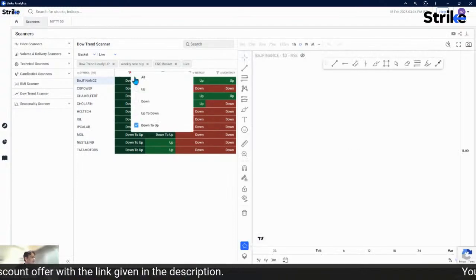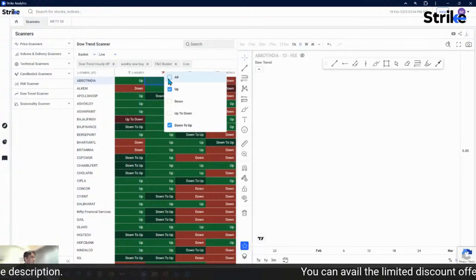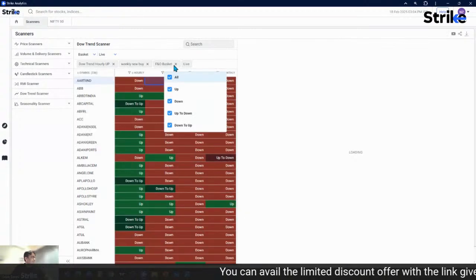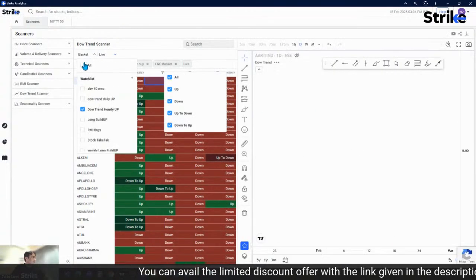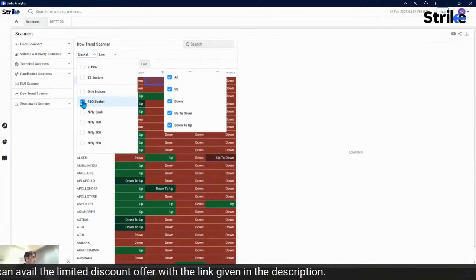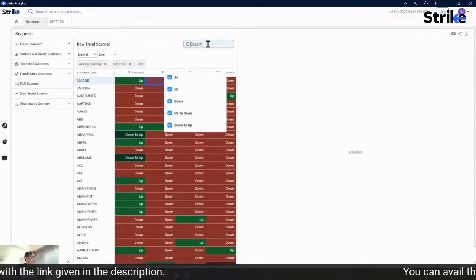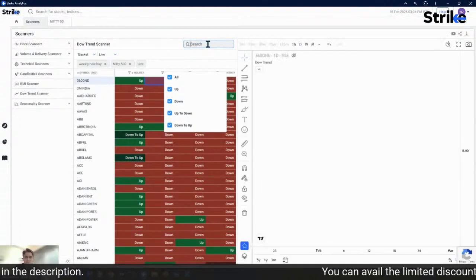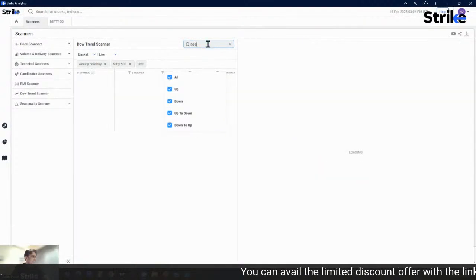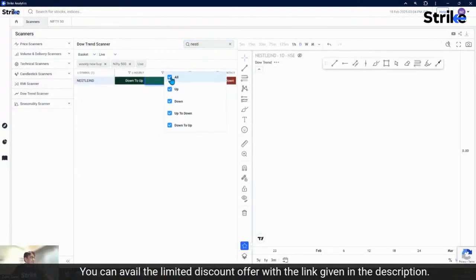Let me clear all the filters. So all the filters are cleared. I will look at baskets which are from Nifty 500, and over here on the search button, if I click on Nestle,